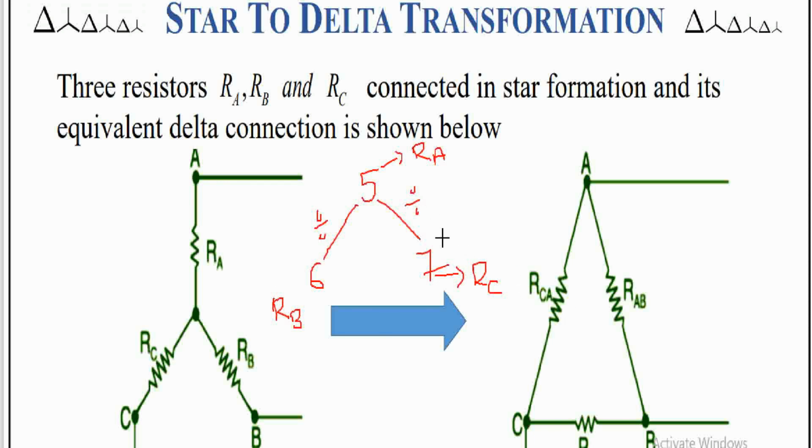Similarly, in the next step, you have to divide 6 with 5 and 6 with 7 to get one more arm. And to get your RCA, you have to divide 7 with 5 and 7 with 6. So no need to get in a hurry. Let us have 5 by 6 and 5 by 7.